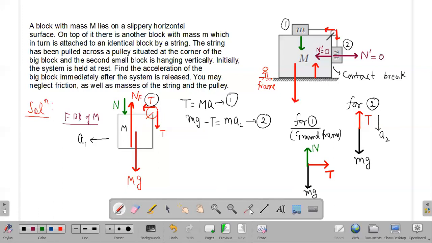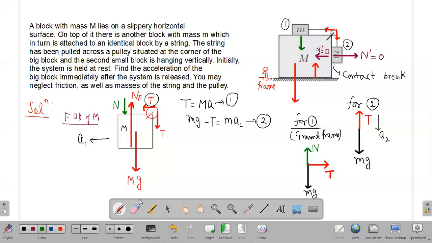Just for clarity, this normal reaction force which is acting on capital M mass in the downward direction, and this normal reaction force which is acting on the small m mass numbered 1, are equal in magnitude as they form an action and reaction pair. So there is a normal reaction force between these two blocks, capital M and small m. These two will exert normal reaction force on each other. Apart from that normal force, there is a tension force on the mass small m towards the right side, and that tension force will accelerate it towards the right side when we observe it in the reference frame of the ground.